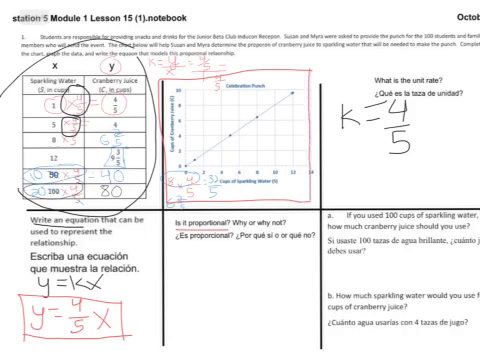Is this a straight line? Yes, it's a straight line. Is it through the origin? Yes, it's through the origin. So in this case, is it proportional? Yes, it's proportional. So we would say yes,